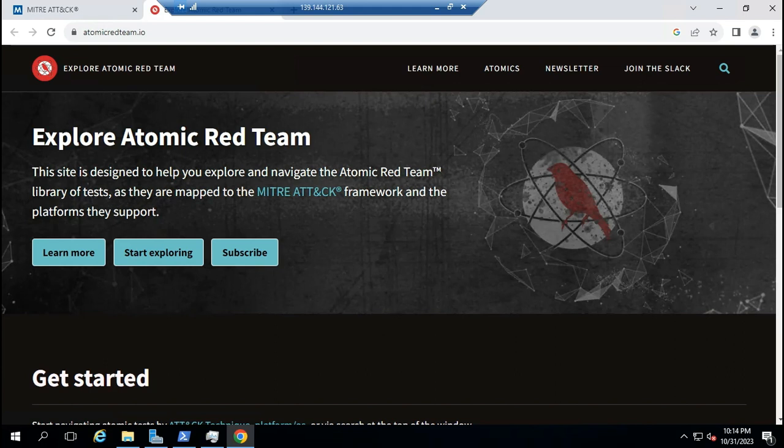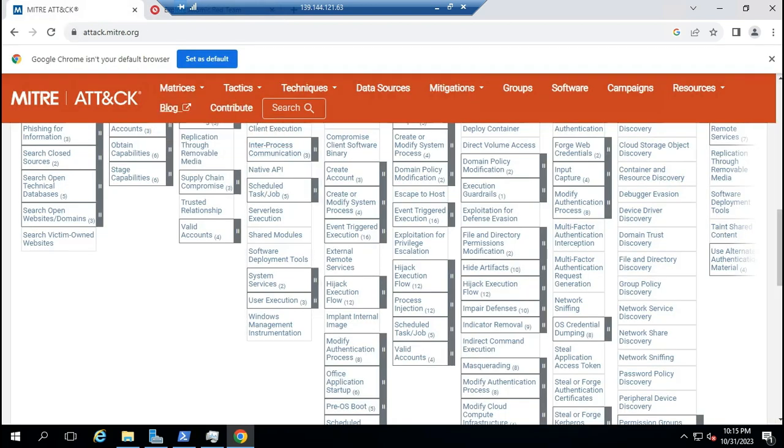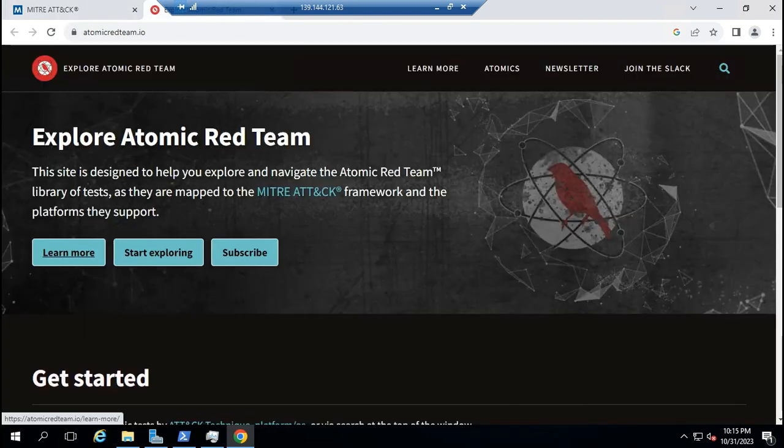Atomic Red Team is a library, based on MITRE ATT&CK, of tests that every security team can execute to simulate and validate their defense. So like I said before, we go from the red team side, and then we go to the blue team side.